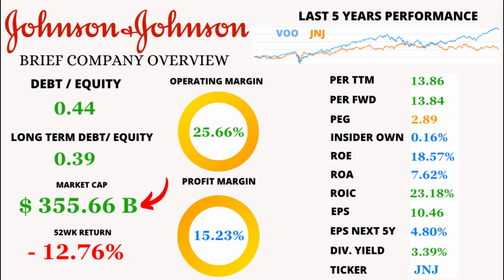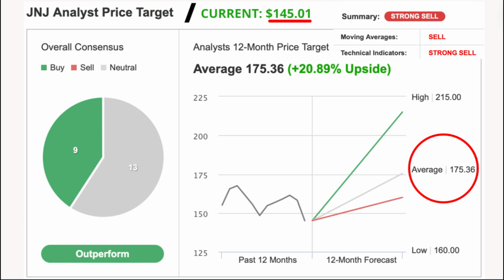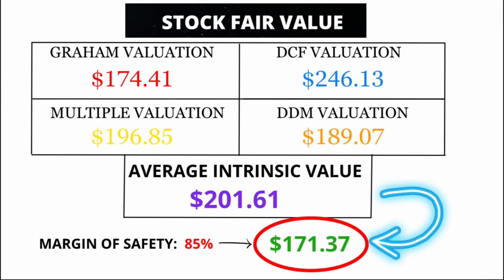$355.66 billion. And even though the market may have hit a rough patch, with a minus 12.76% average price return over the last 52 weeks. Finally, analysts are still bullish, predicting a juicy upside of 20.89% in the next 12 months from the current price of $145.01. And if you asked me, with a fair value pegged at $171.37, there's no denying that this healthcare giant might just be the golden ticket you've been searching for in the